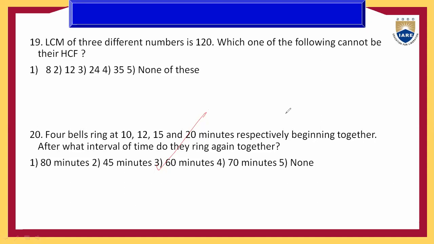Can you explain again? Now, in any problem where bells or timing question is given, compulsorily calculate the LCM. So here you find the LCM of these numbers 10, 12, 15 and 20. The LCM is equal to the highest value or more than the highest value. Here we start from the least value. The least value is 45. 45 is more than these, but it is not divisible by all these numbers. The next least value is 60. 60 is divisible by all these numbers. So 60 is the right answer.